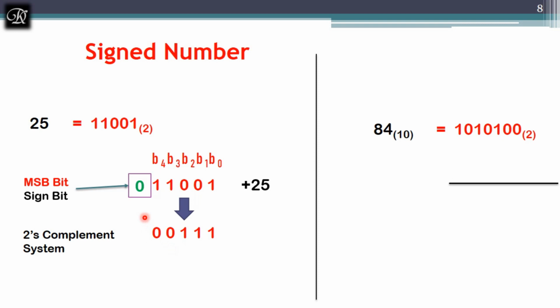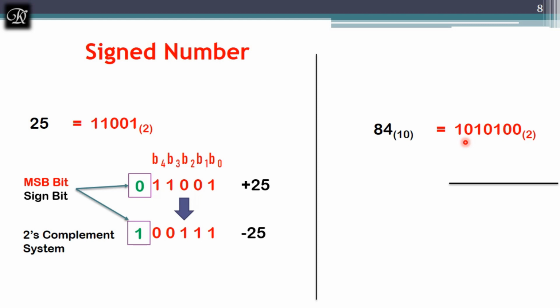And next, now it is a signed number. This is positive and I want to represent it as a negative number. So the sign bit will also become 1, because you have to find the inverse of this. The inverse of 0 will become 1, which is nothing but a negative sign. So this is what negative 25 is. Whenever we represent a negative number, we represent it with the twos complement of the original number.